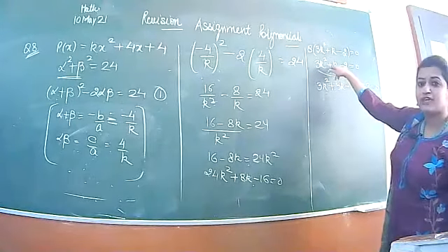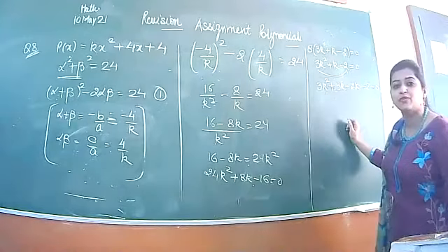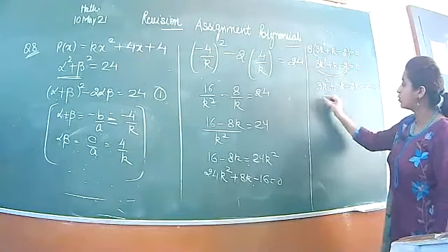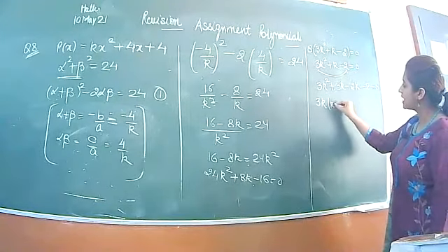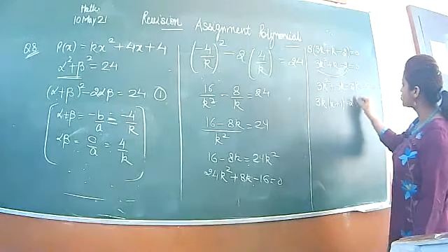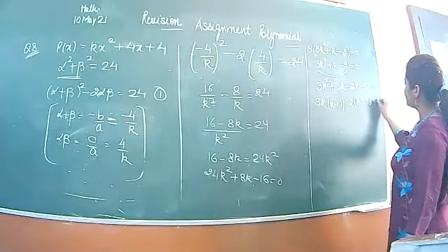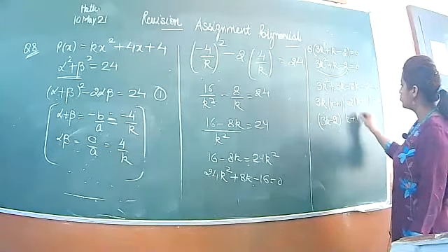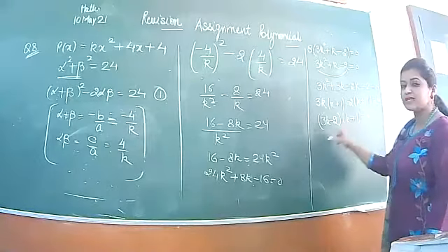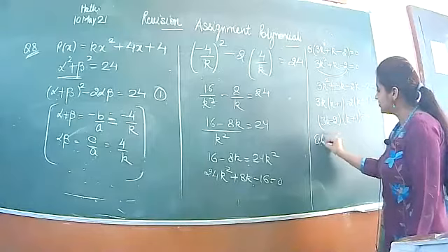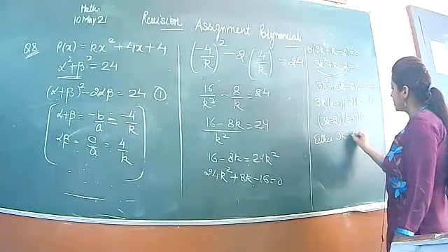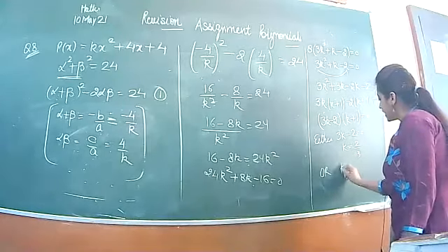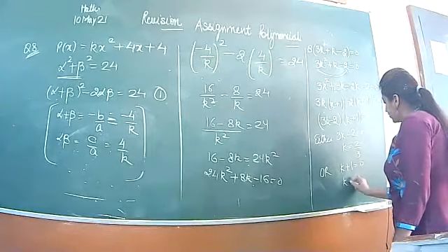On addition, this is giving you plus k, and on multiplication, this gives you minus 6. That's what we want. 3 times 2 is 6 with a minus sign. So take 3k common, k plus 1, take minus 2 common, k plus 1. So 3k minus 2, k plus 1, equal to 0. These are the factors. Either 3k minus 2 equal to 0, k is equal to 2 by 3, or k plus 1 equal to 0, k is equal to minus 1.